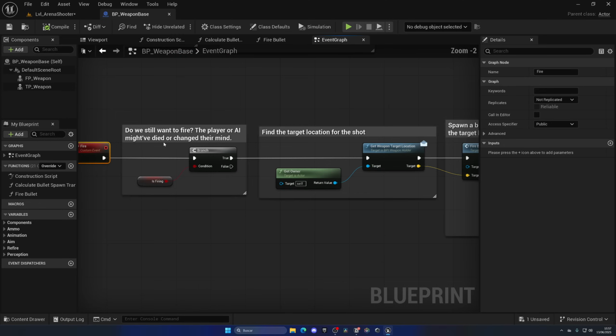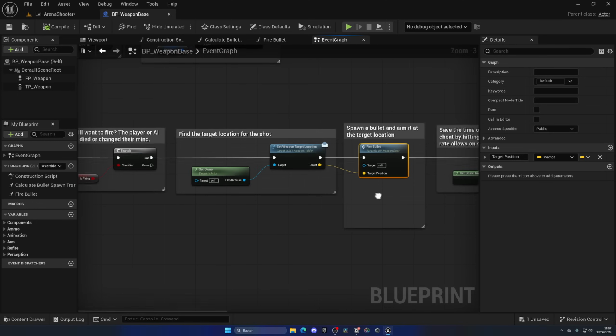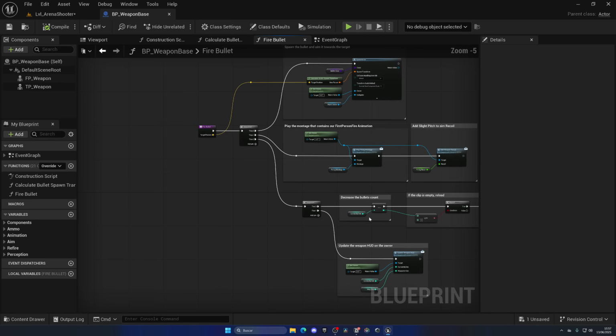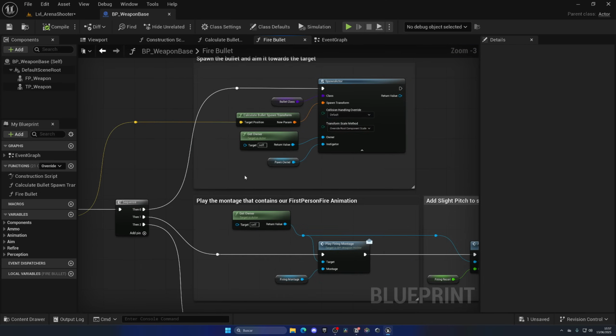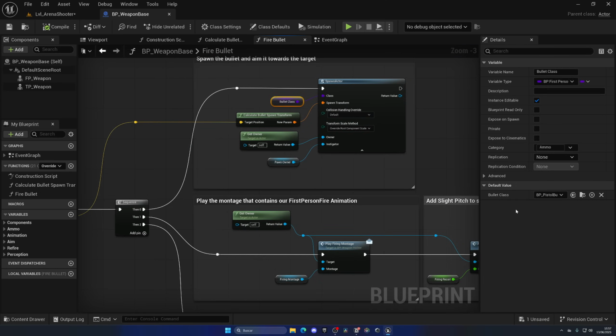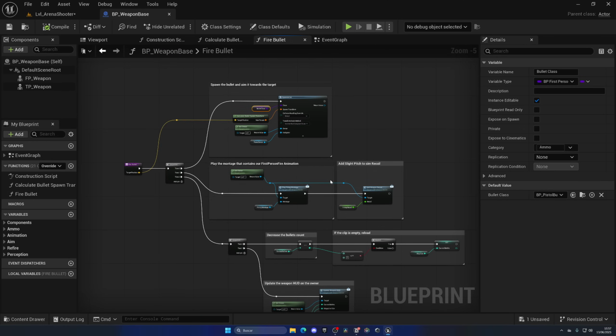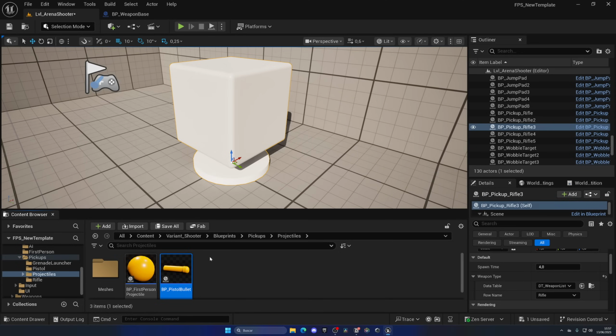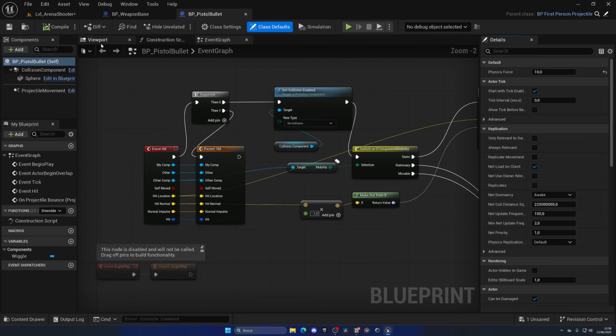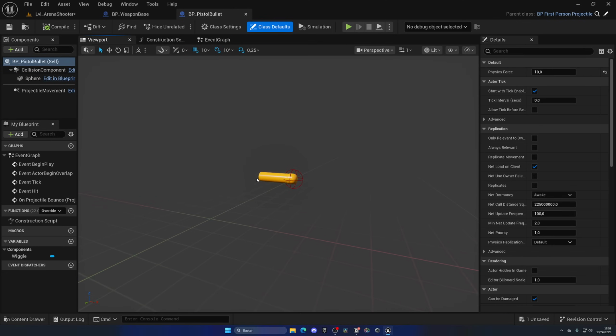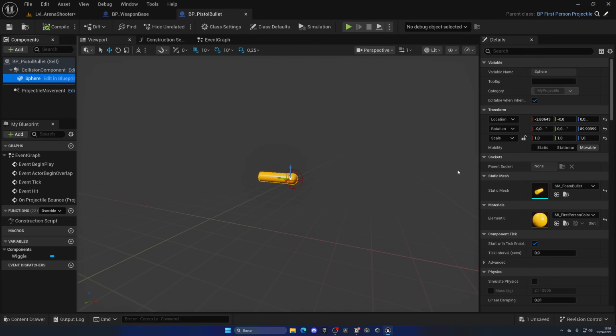Here's fire, and it basically does the fire bullet, right? And the fire bullet is its own function, which spawns the actor, guess what, of bullet class, and it adds a force and all that stuff. Now the force obviously is done here on the bullet itself, which is this one over here, which is pretty cool because it's like Nerf guns. So if you ever wanted to change the bullet mesh, you can just do it over here